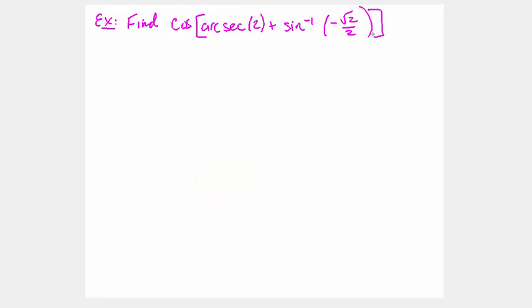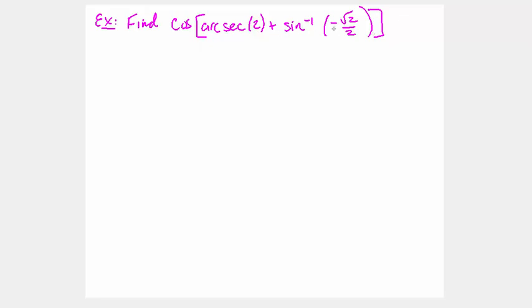Let's look at another example. This time we want to find the cosine of, and then we have some brackets holding a whole bunch of stuff inside here, which is arcsecant of 2 plus the sine inverse of negative root 2 over 2. Now we're going to have to break this into pieces, otherwise it's a bit overwhelming to look at all of this at first. So let's take a look at what we're really seeing, which is that it's a cosine of